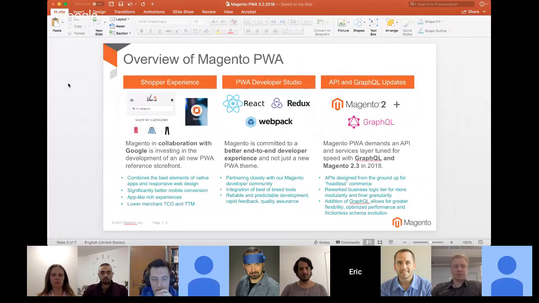And then last but not least, we are tied to the 2.3 release that's coming out later this year. GraphQL is a big part of our story that helps us achieve even more of the performance that you'll see out there, but technically it's not a requirement. There are examples that don't use that, but we believe, especially as you compare these examples, compare other sites, really anything using tools from Google like Lighthouse and others, there's an opportunity to make performance really key in this, and GraphQL is the way to do that. And that's coming in 2.3, and then Misha and the team have done a nice job, I think, at demos like this and others, walking through what's to come there.